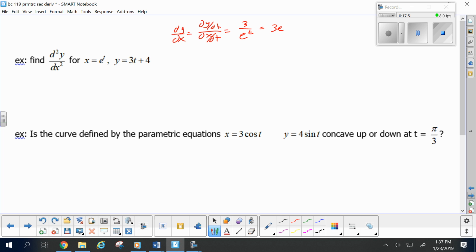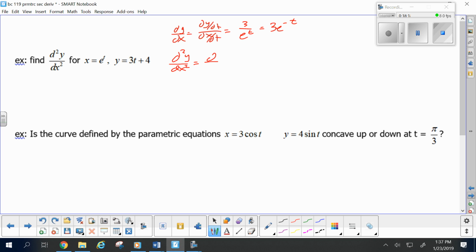Negative? Or leave it, did you say? If I leave it like that, then I'm going to have to use the quotient rule in the next derivative, yeah? So I'm feeling like rewrite is probably the better way, so I don't have to use the quotient rule next time around. So the second derivative